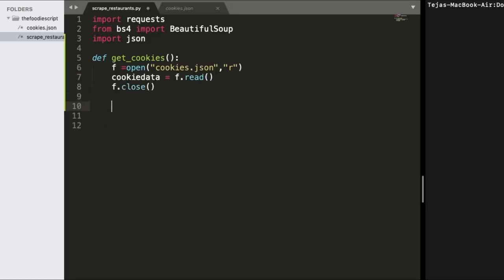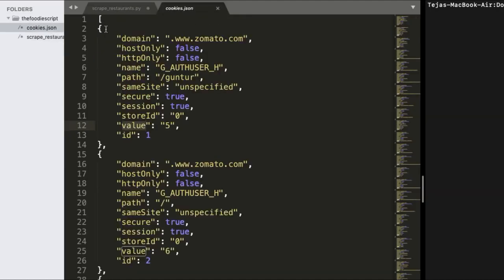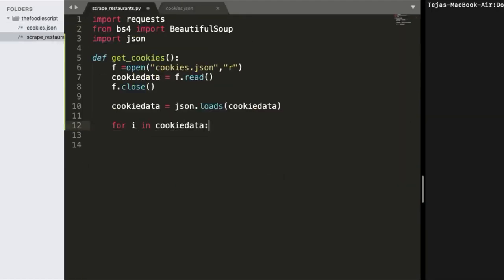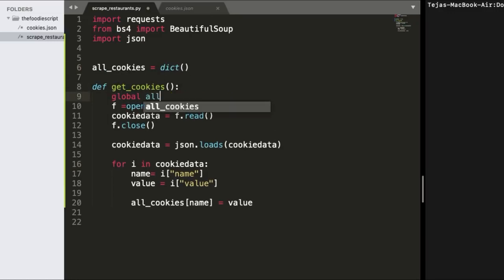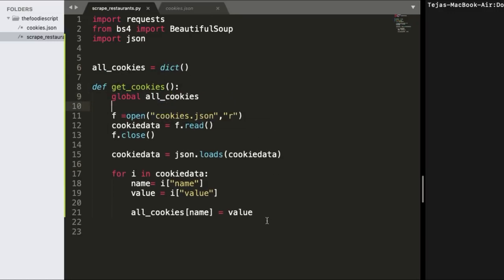So in order to do this, we'll write a function, let's say get_cookies, and then we're going to just need the name of the cookie and its corresponding value. So I'll just write the logic for that. I'll just extract the name of each cookie from the cookies.json file and its corresponding value and store it in a dictionary. Now first off, we need to validate whether these cookies are actually authenticated, or in other words, are